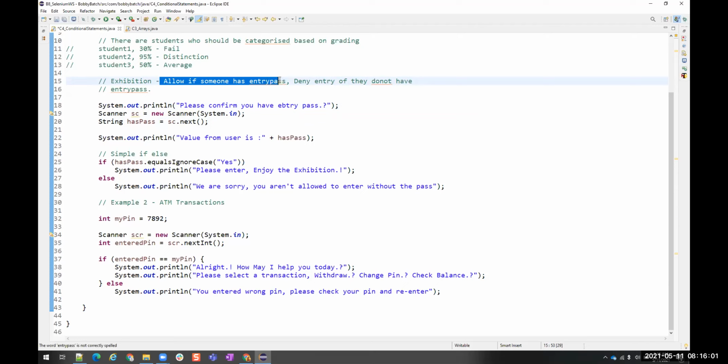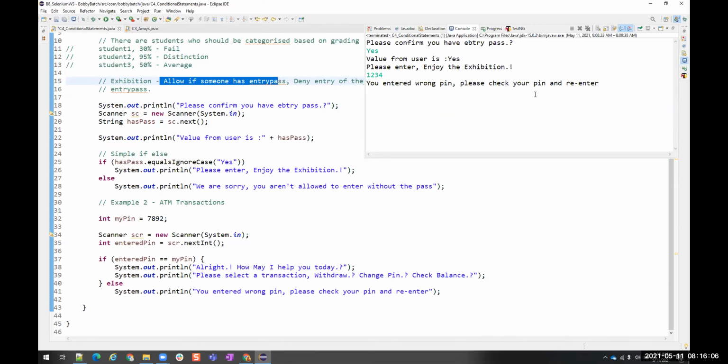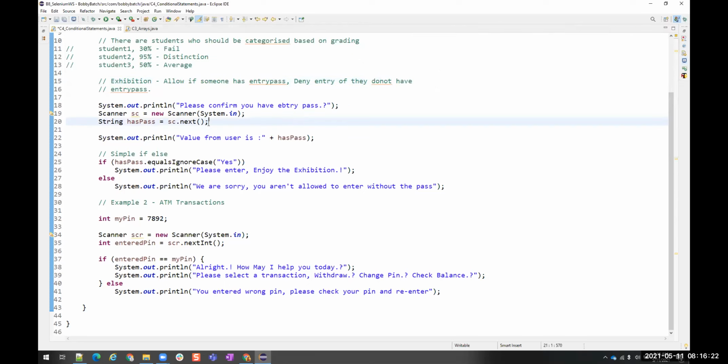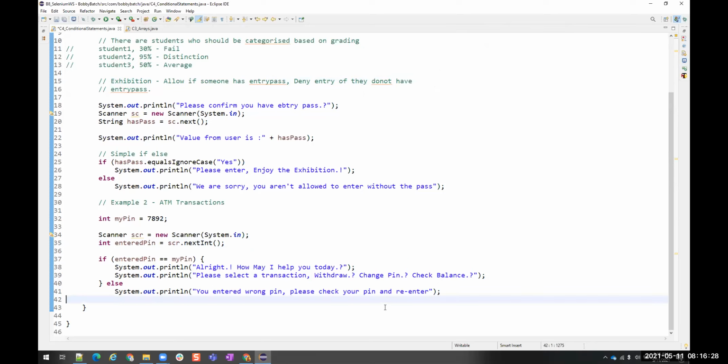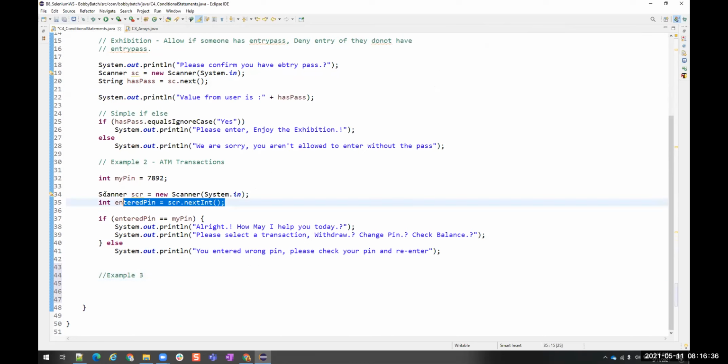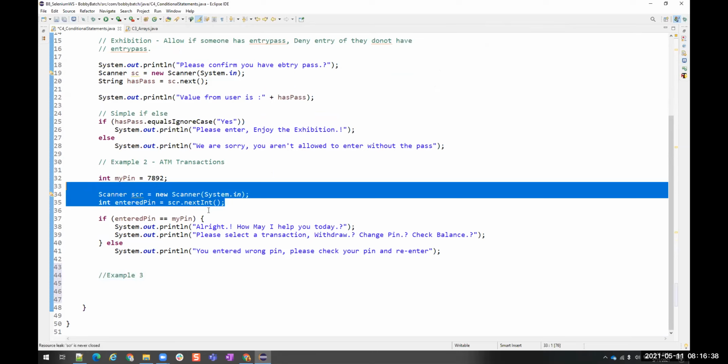To get that answer from the user, how can a user enter the value? From any input devices. So this is my input place. I'm asking someone, do you have an entry pass, and the user entered yes. So I have to read this and understand this, right? That is why I'm creating these lines. But if you don't want, let me remove this. Without the scanner class, I'll create another example. No, let it be there. Now I understood. So if you want to read that, we have to use these lines. Exactly, these lines. Otherwise, it is not needed.